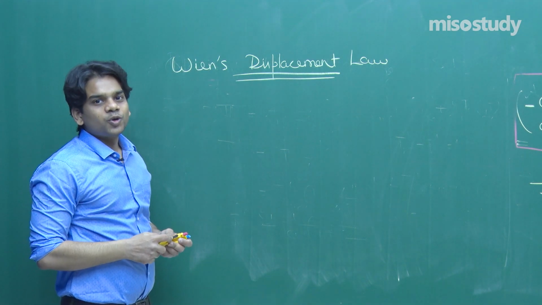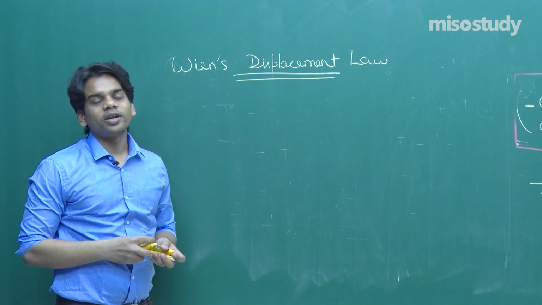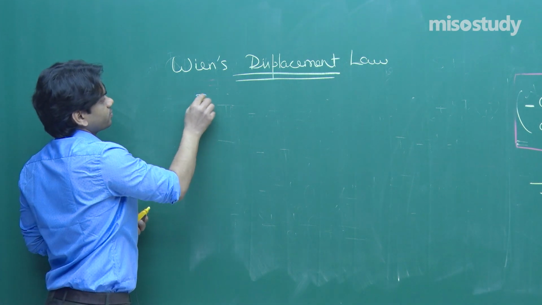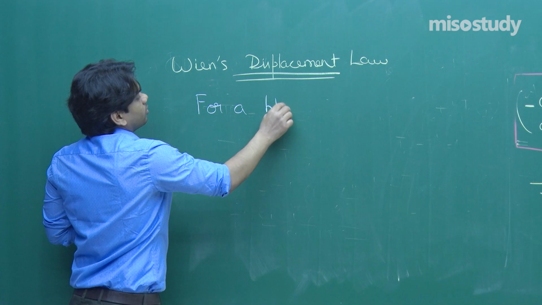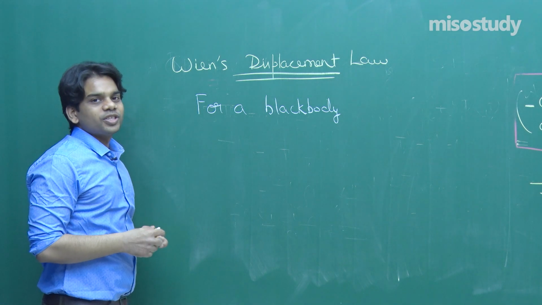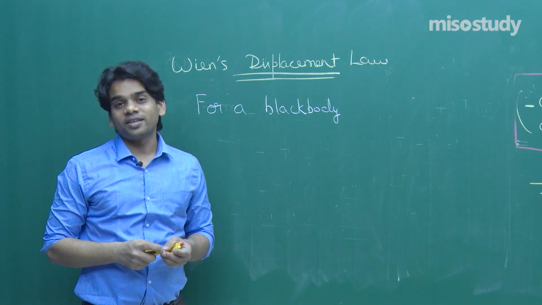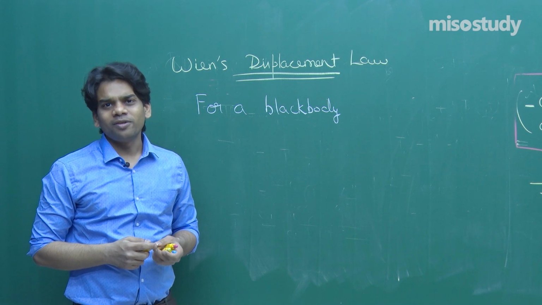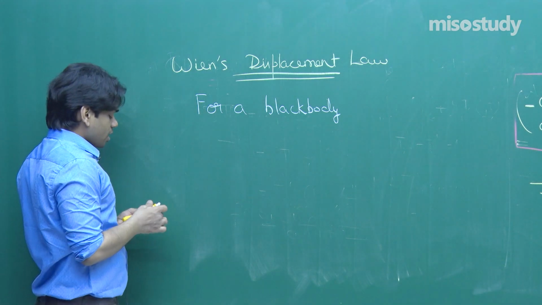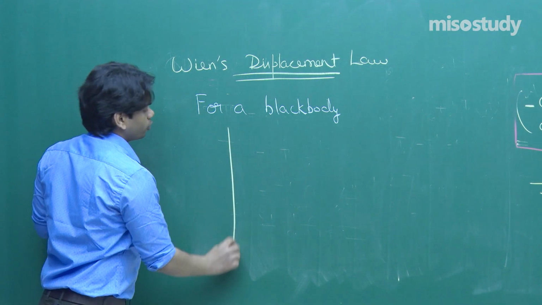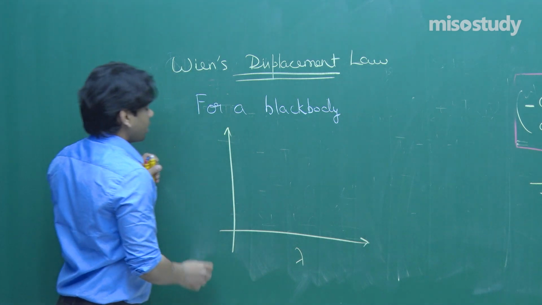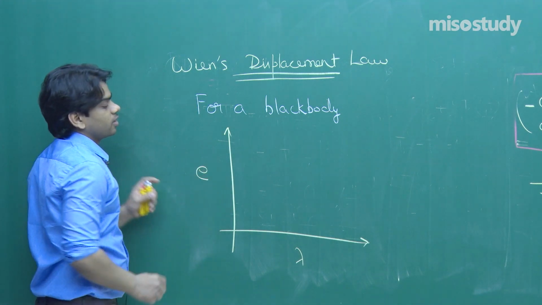The thing that we should know is Wien's displacement law. In this, what happens? Now for any body, for a black body, if I plot a curve between the rate of emission of energy with respect to the temperature of the body and with respect to the wavelengths of the electromagnetic radiation that has been emitted, I'll find a relation. You see here, I am going to plot a curve for several lambda,